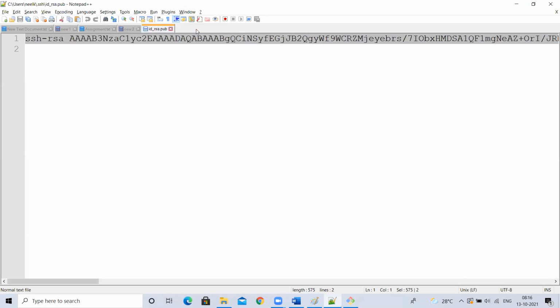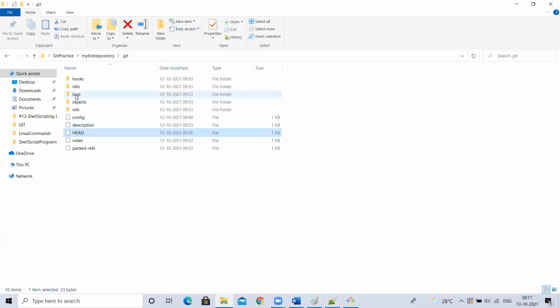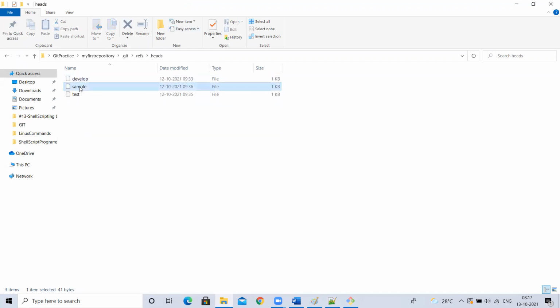So the HEAD file should contain the path, and if I go into that path, that file should have the latest commit ID.